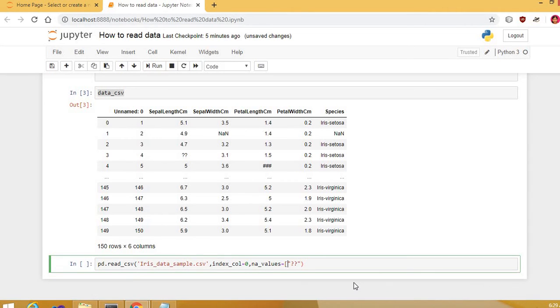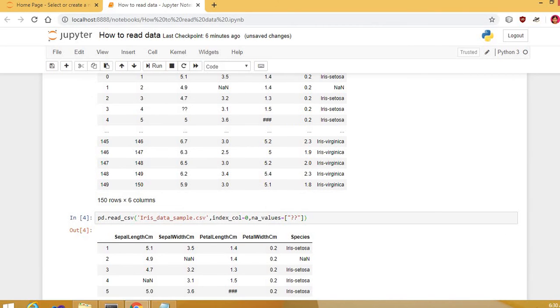This question mark is a junk value, so I'll pass this as a list. The junk values, hash and question marks, are converted to missing values, and we pass them as a list to the parameter na_values. I'll just run this.